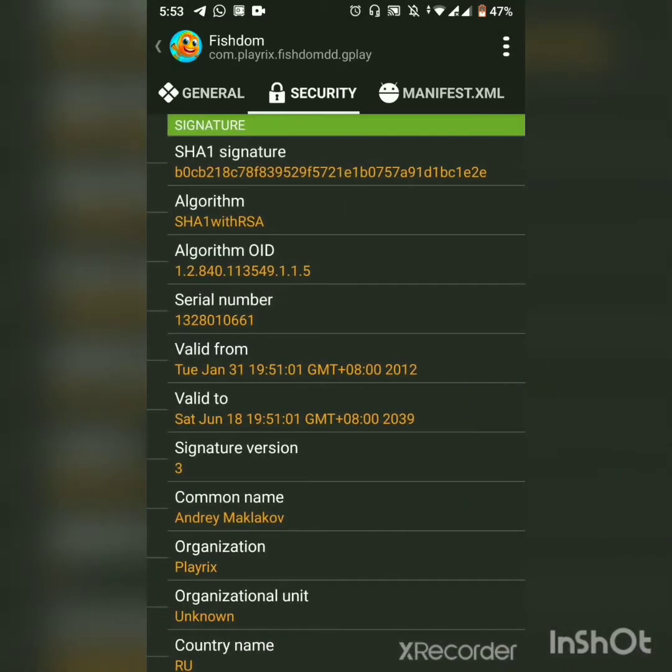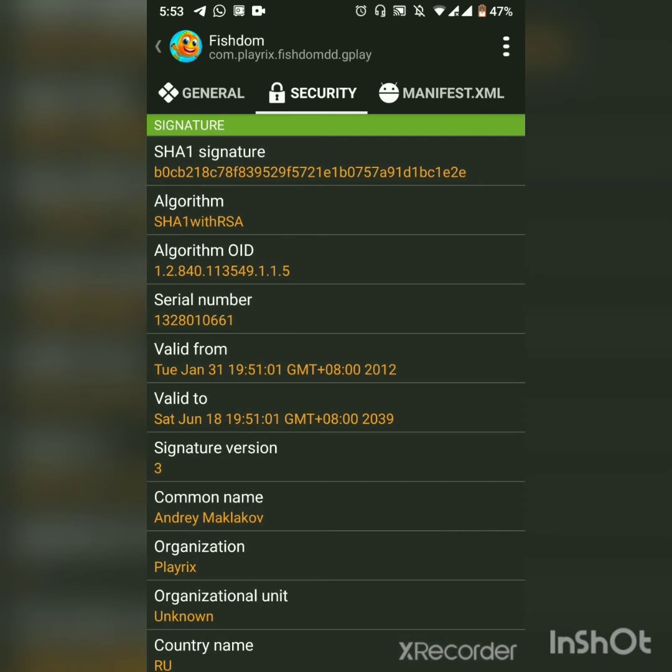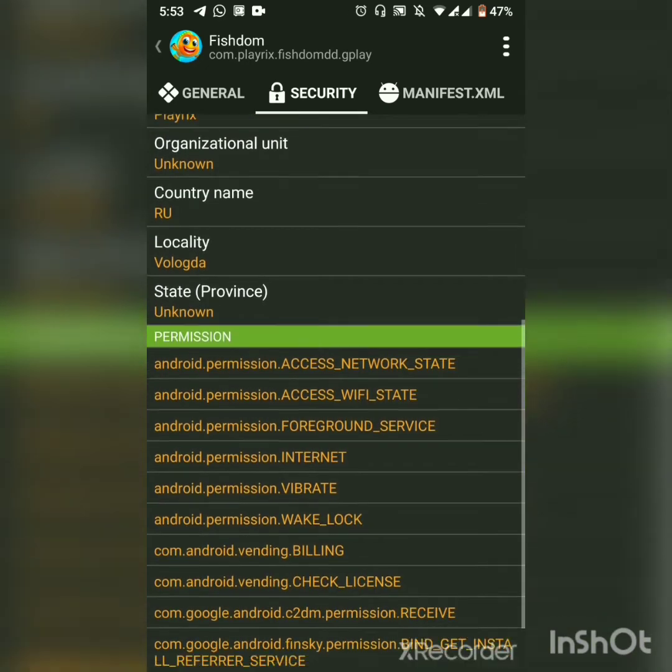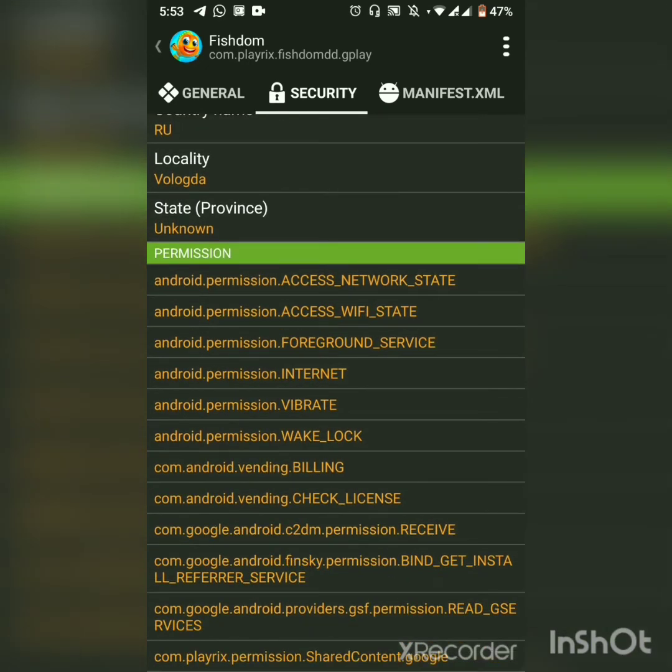Okay, for the permissions of the Fishdom app, it has 12 permissions. The first one that I will explain is android.permission.VIBRATE, which allows access to the vibrator of the user's phone, and it also has the